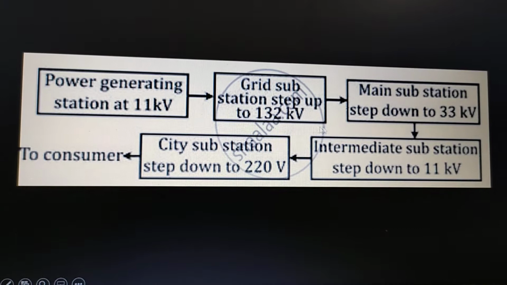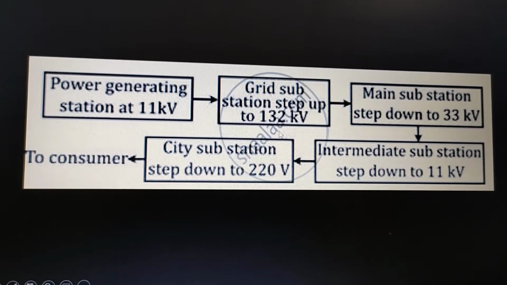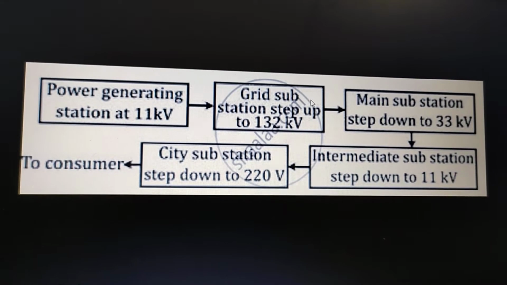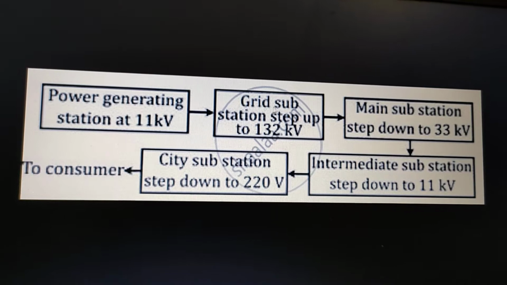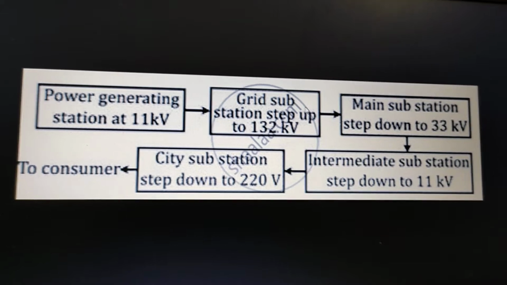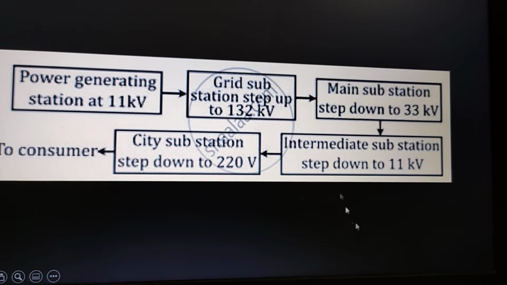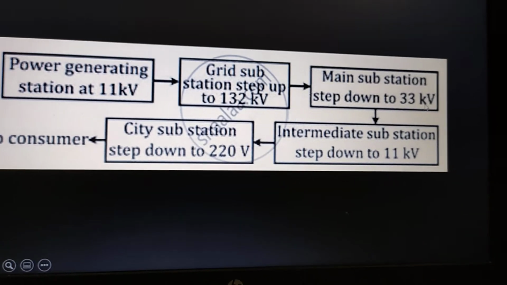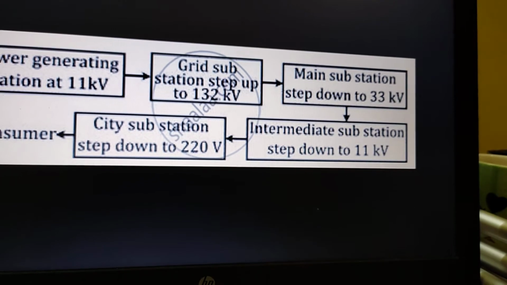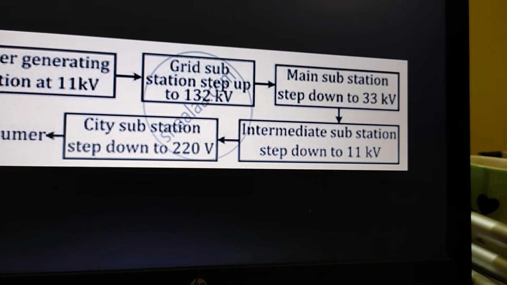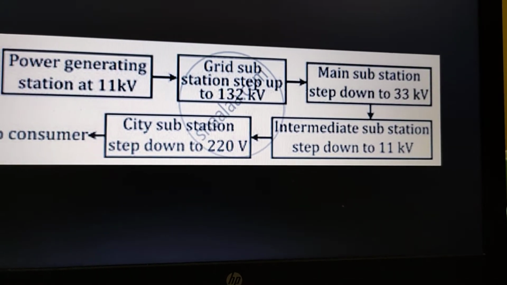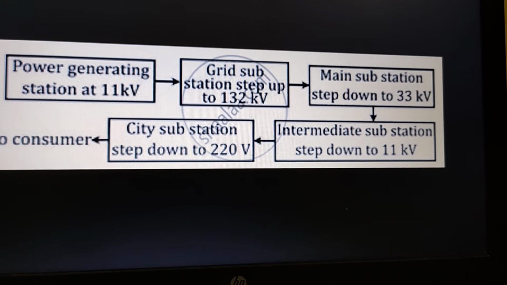In the grid power station we have nearly 132 kilovolt. That is required for heavy power duty stations. Like industrial use, we need the 132 kilovolt range, so industry takes that electricity directly from the grid power station. Now suppose from 132 kilovolt we get the 33 kilovolt range. The small scale industry needs near the 33 kilovolt range, and then it comes to 11 kilovolt.